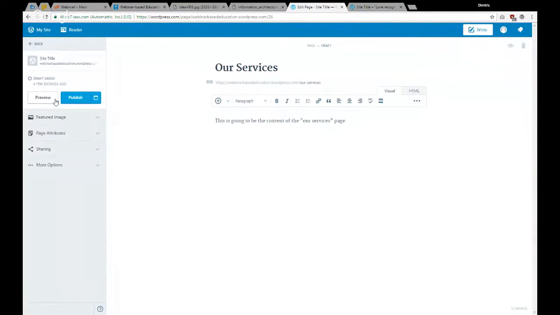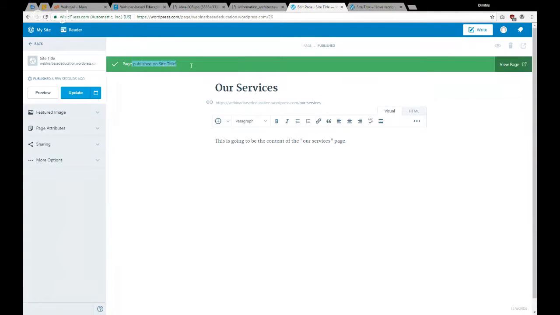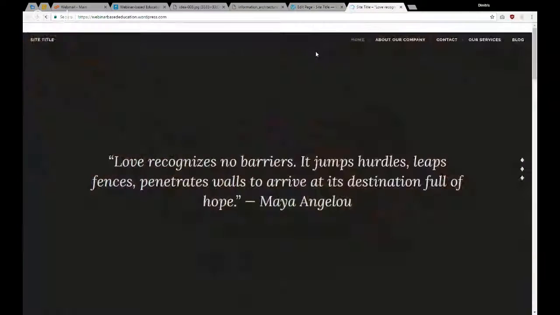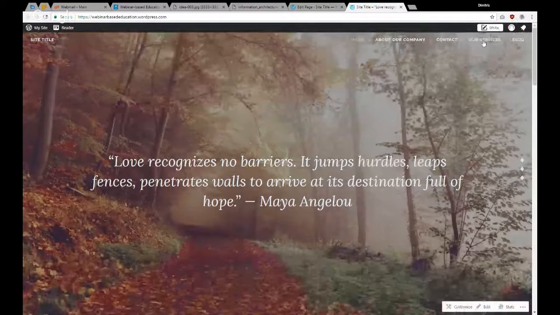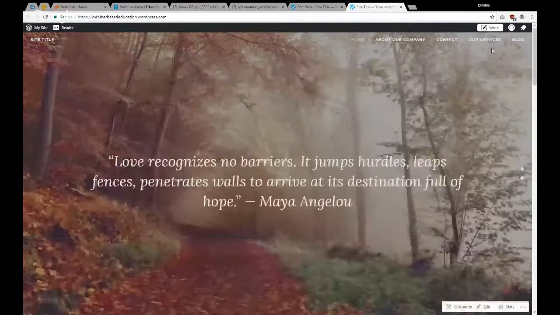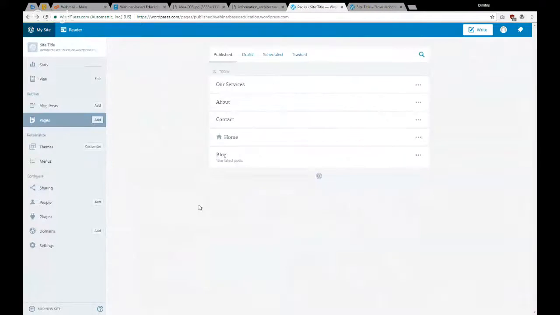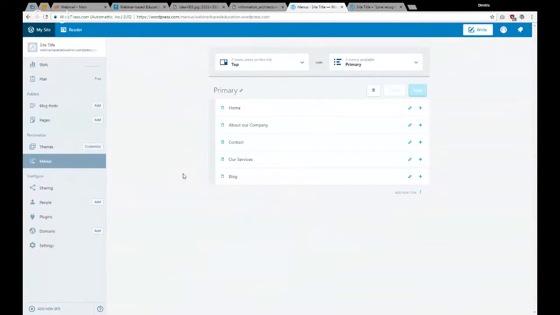And okay, after the preview button, there's the publish button. When I click it, it says that the page has been published. Let me refresh here. But if I click on our services, you will see that the page will not be showing. So nothing changed. In order to change it, we will have to go back here, click on menu, click on